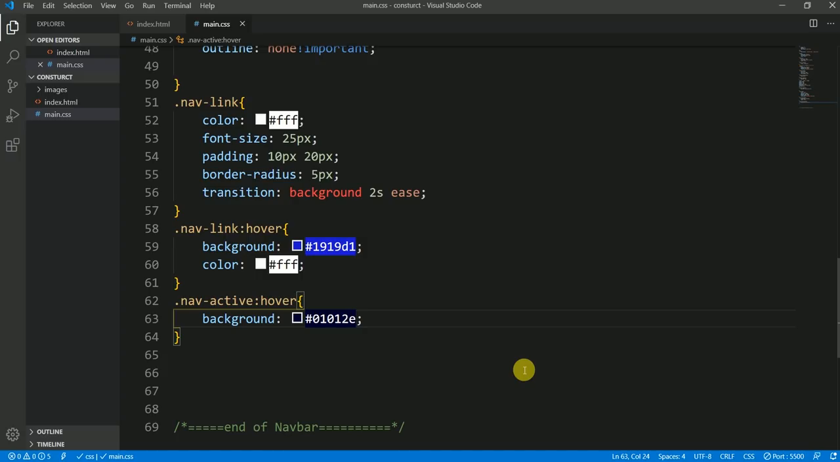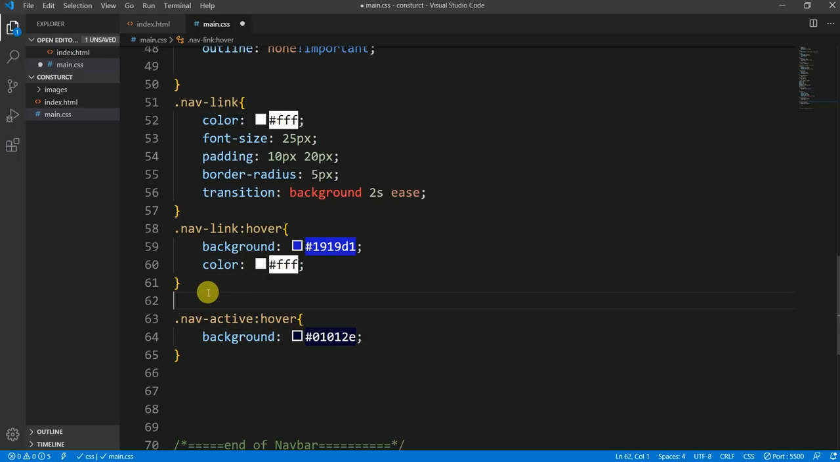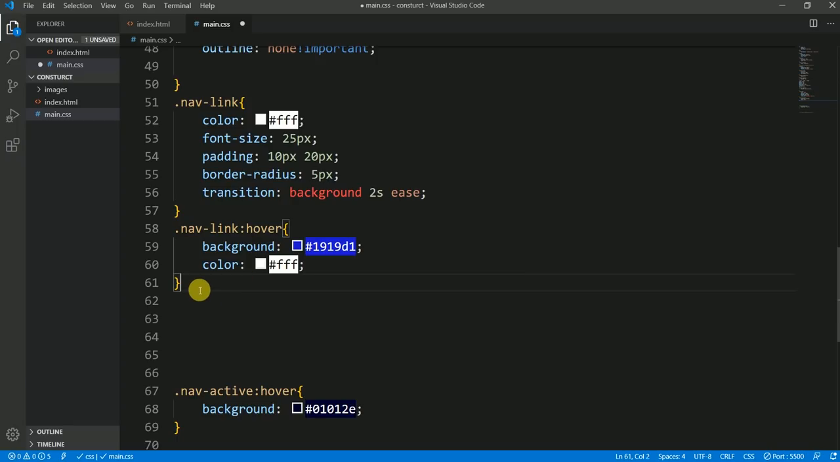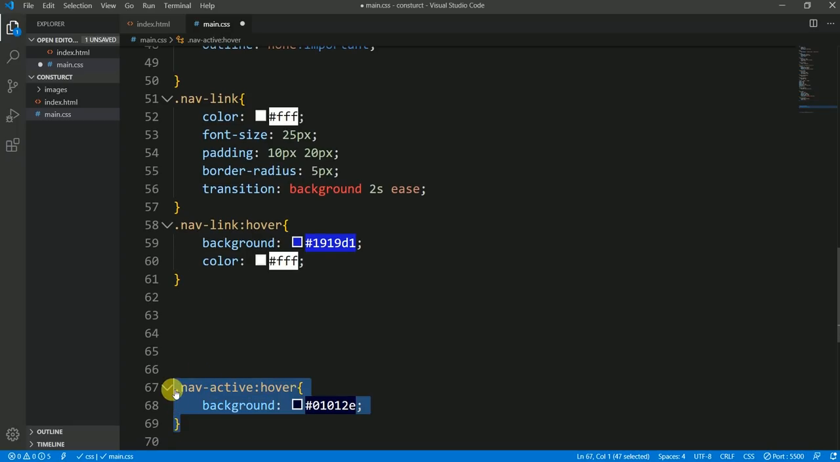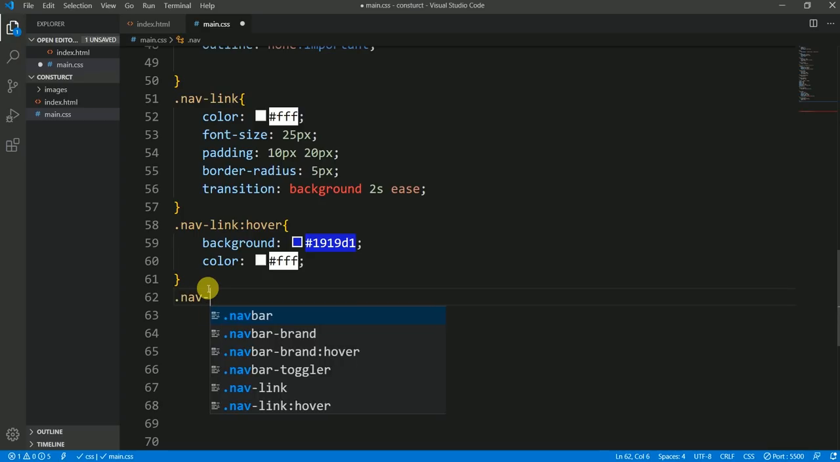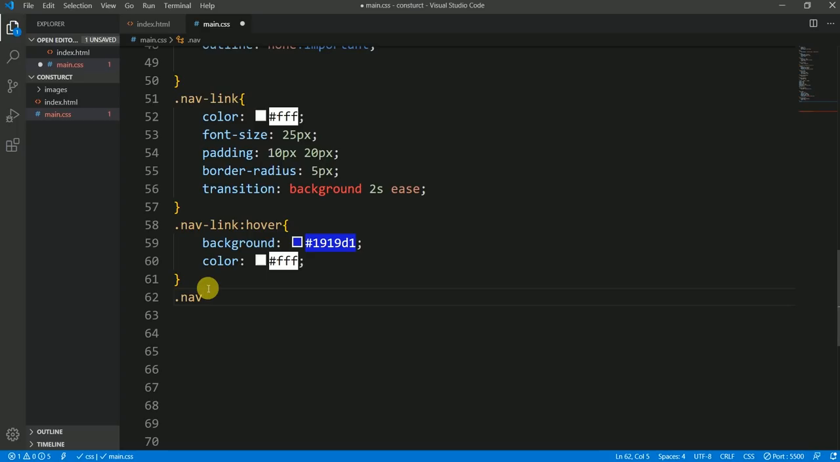So the nav, okay, border radius. Let me check. You know what I mistook? I mistook here. I haven't used it. Let me remove it actually. And after this, let's get the nav active class first. Okay, we didn't use it before, so nav active,